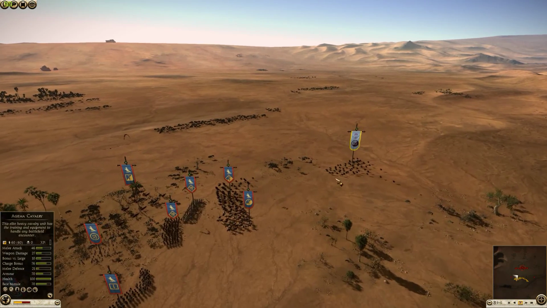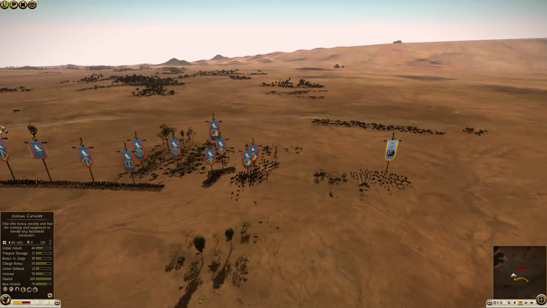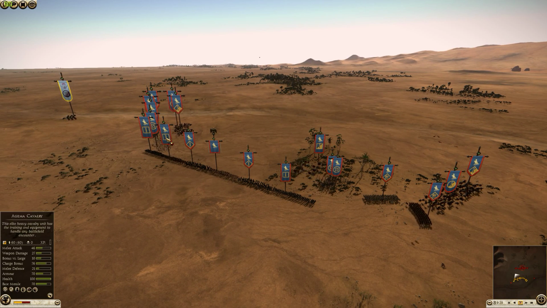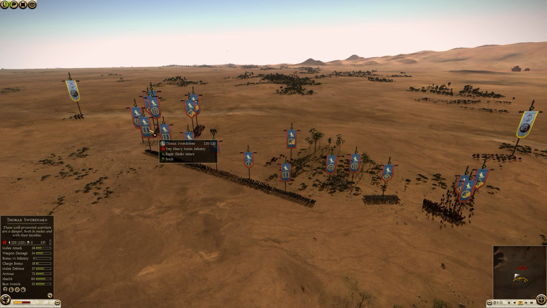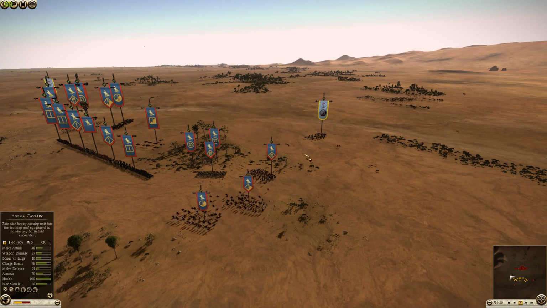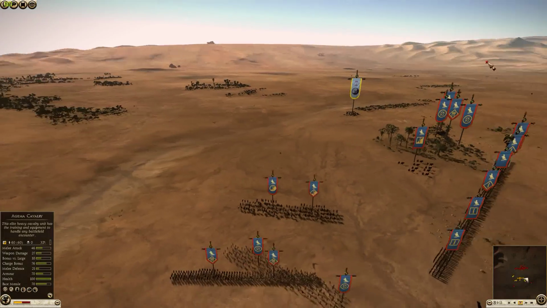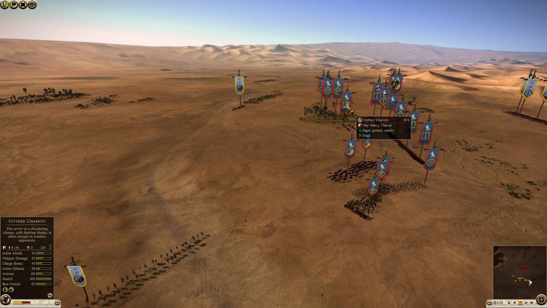For my opponent, my horse skirmishers are doing some damage to the Egyptian cavalry. My opponent has 4 Nubian bows. He has... wow, 4... let's see. 3 royal peltasts. A mix of thorax swords and Galatian swords. Not a very strong infantry line, but my infantry line is even worse. So he has a fairly decisive infantry advantage,